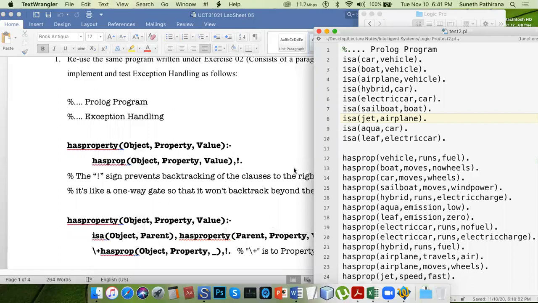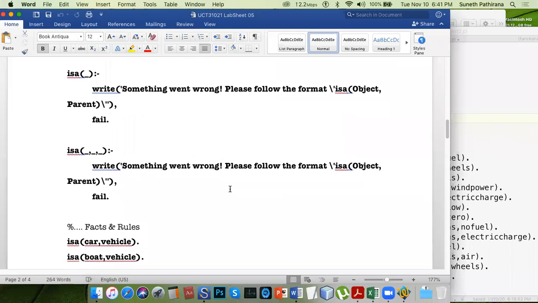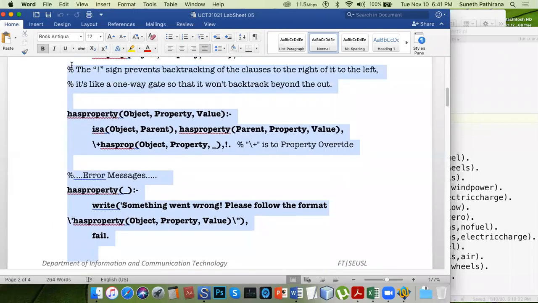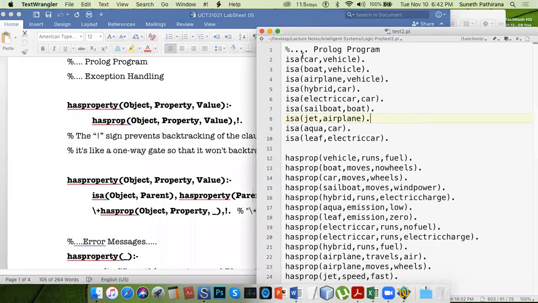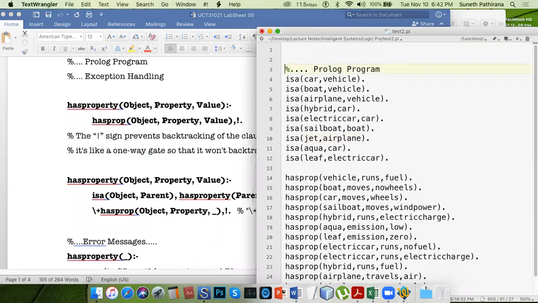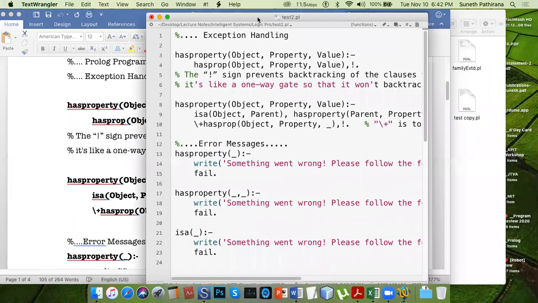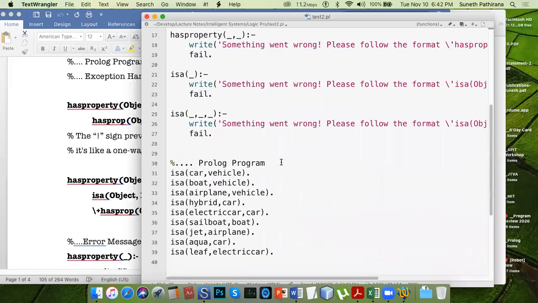Here in Prolog, we are going to specify the exceptions, do the exception handling, and put them at the very beginning of the program rather than mentioning them later. The comments have been given to you. Every comment is given to you.